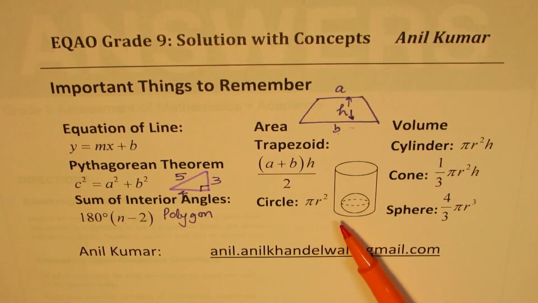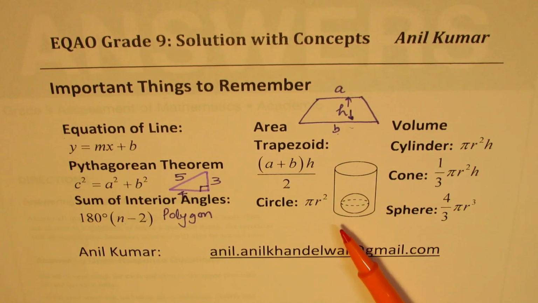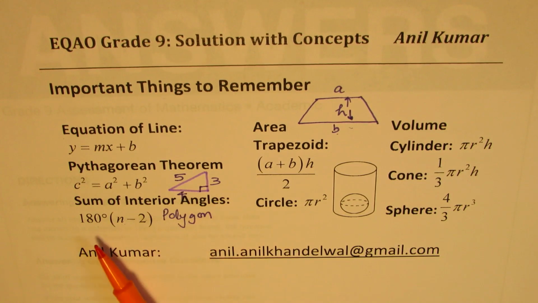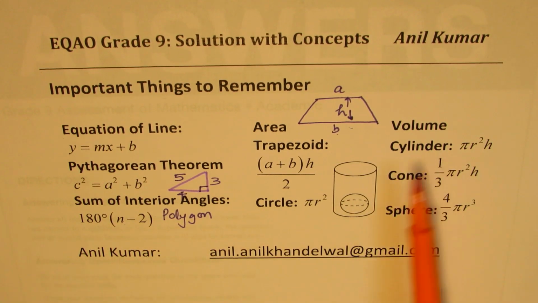Here are a few formulas which should be remembered by you. Most important is the sum of interior angles, 180 degrees times (n minus 2), and these formulas for area and volume. I'll provide you complete solutions of the test paper and also give you 3 bonus questions which are expected in